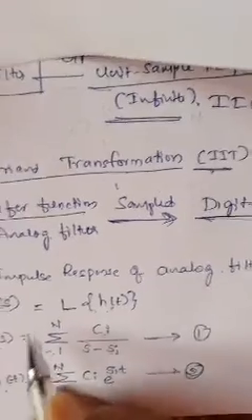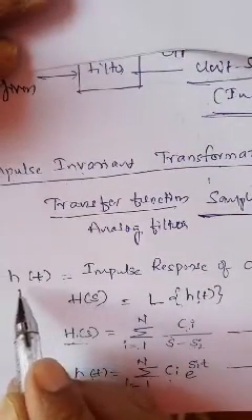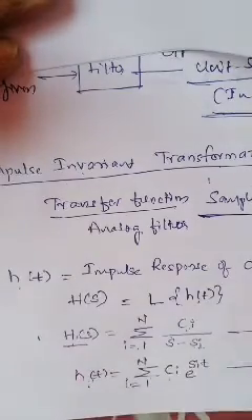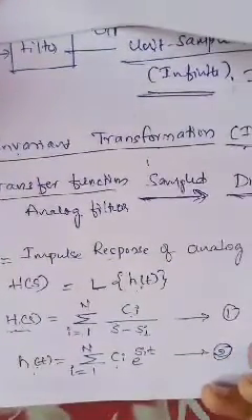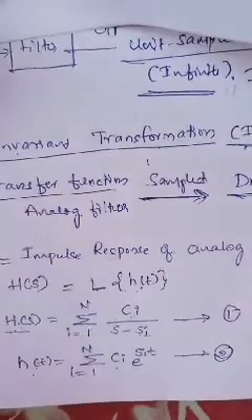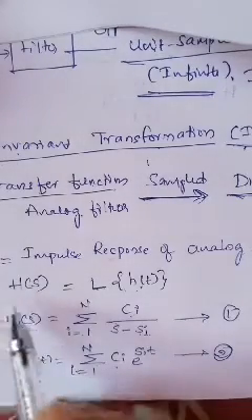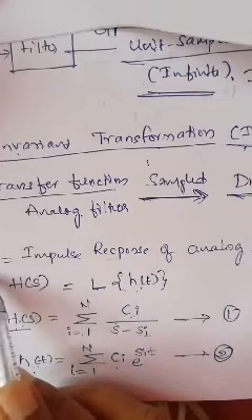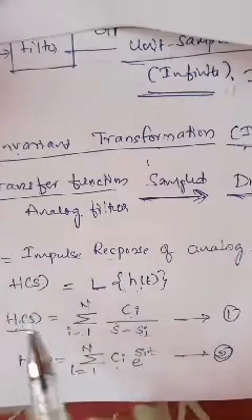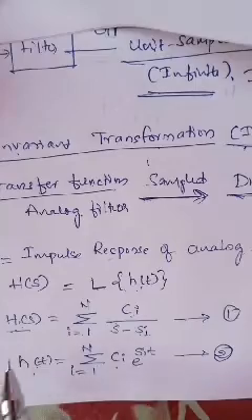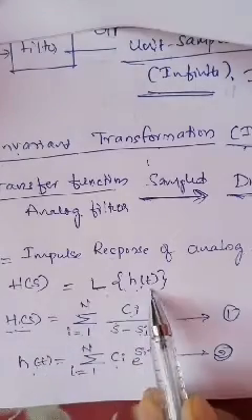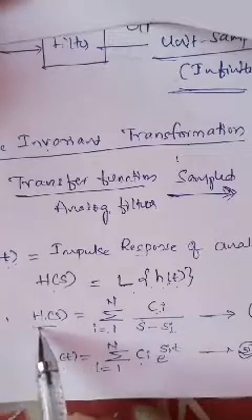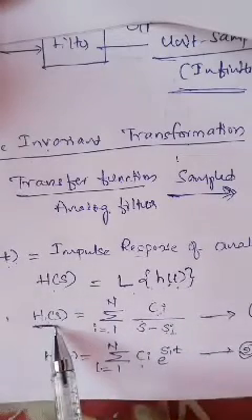Okay, so let us consider h of t. It is the impulse response of the analog filter. Now let us take the Laplace transform of the analog impulse response h of t. Then it gives the transfer function of the analog filter, that is, Laplace transform of h of t equal to H of s. So when H of s has